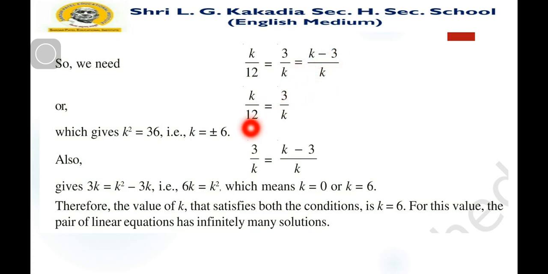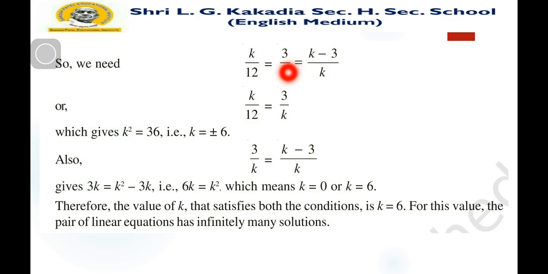Looking at just this part, k by 12 equals 3 by k, which gives k square is equal to 36. Taking the square root,